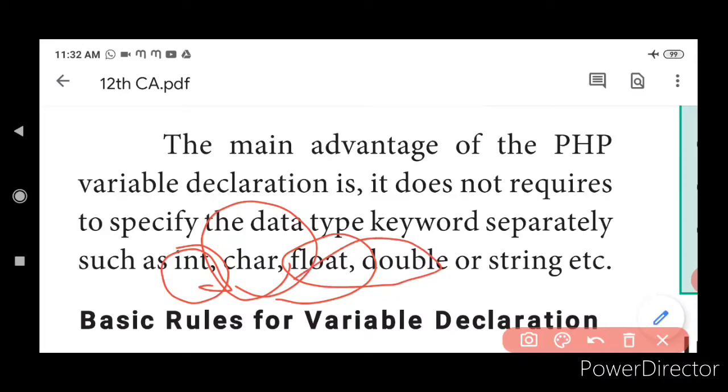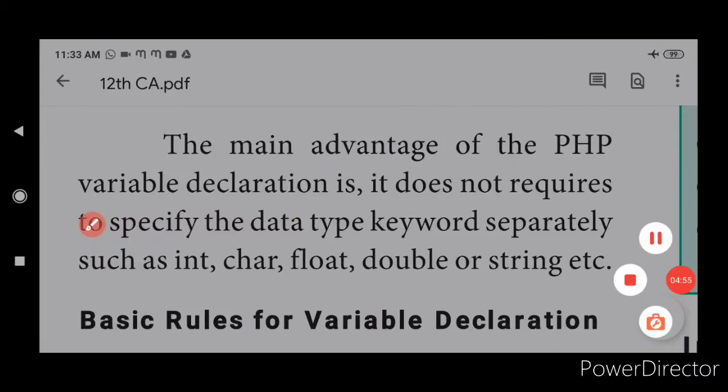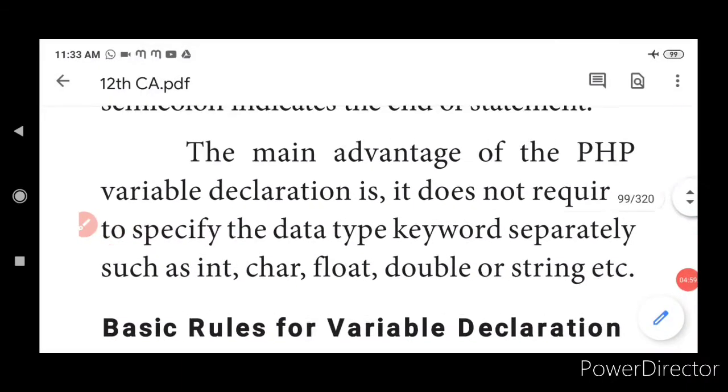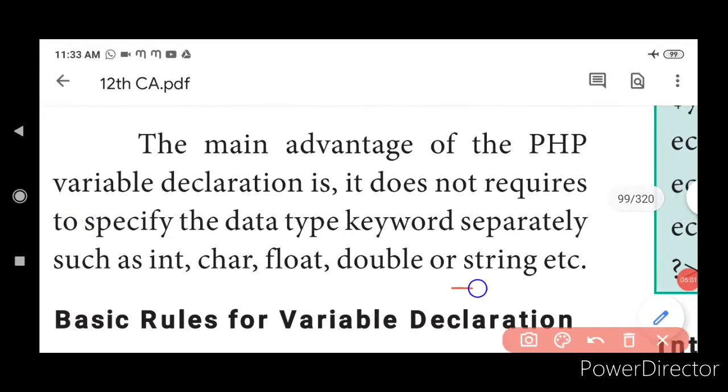And if I am going to use $A is equal to computer, computer is not going to be a single alphabet, isn't it? It's a group of alphabets together. A group of alphabets together is termed as what? String. A group of alphabets together is termed as string. In such a case, what do we use? We use string.